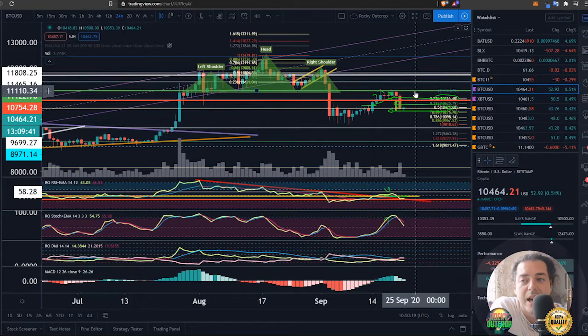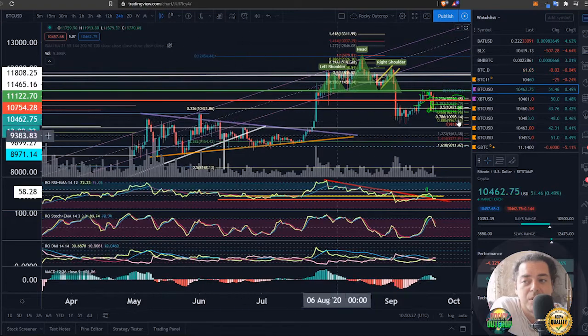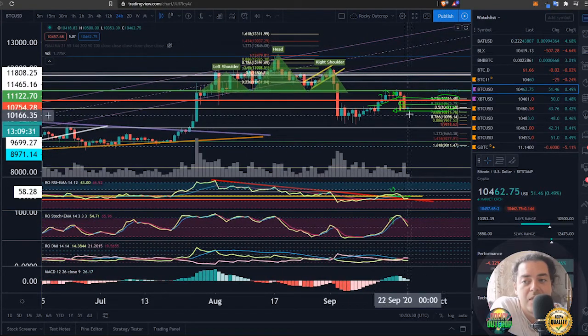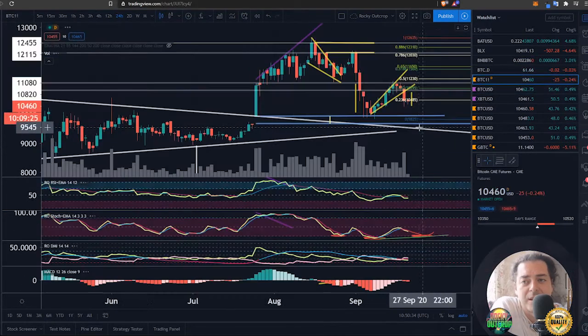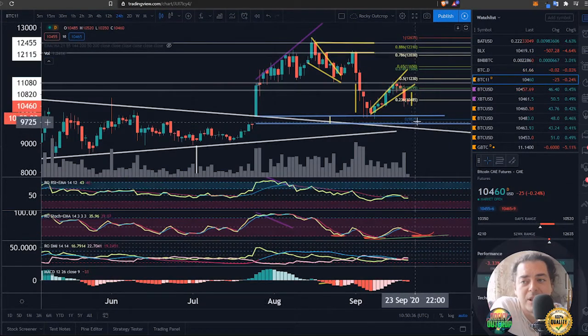of resistance. The green line for us is 11,110, and the 236 where we are just now is at 10,427 in terms of this bigger march up to the highs in August Fibonacci retracement. And we've got this line down here looking at us, and that of course lines up with this gap that we have over here in the CME charts, seeing the same sort of scenario playing out over here, where you could have potentially had